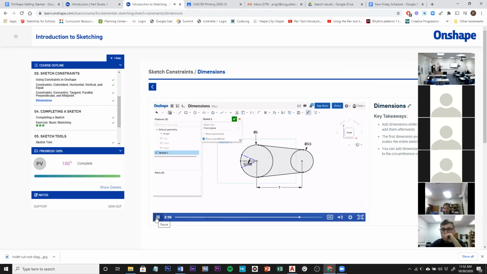And you will automatically get an angle dimension. Whoops. Finally, if you need to edit a dimension,